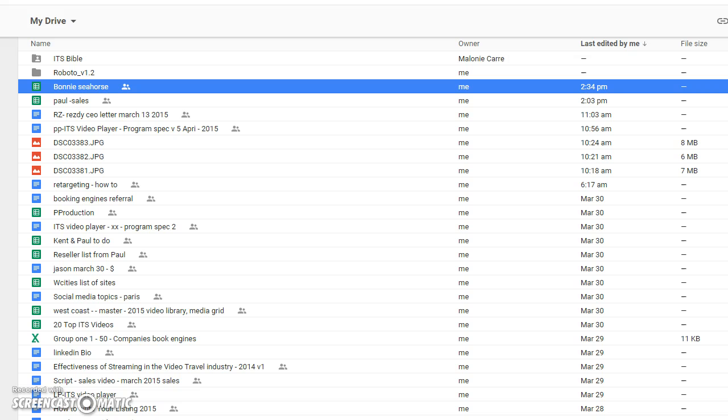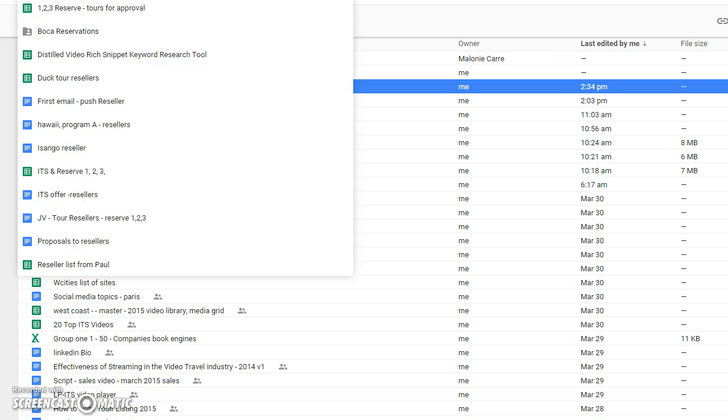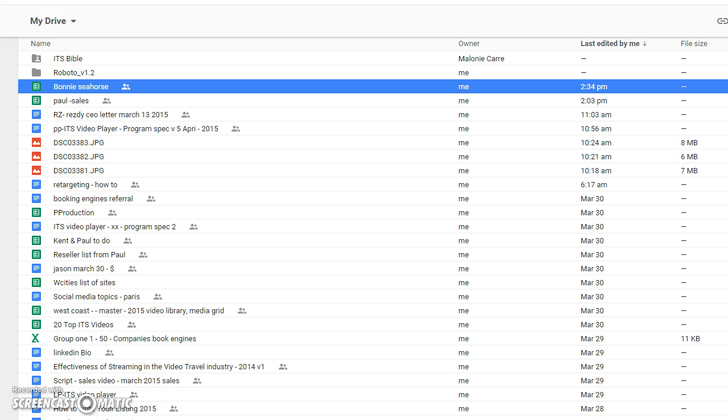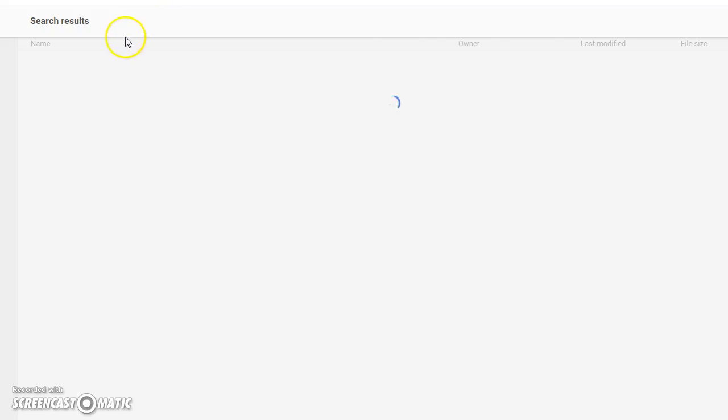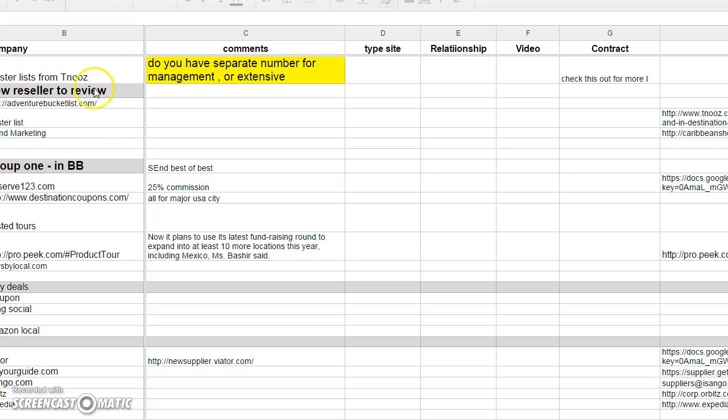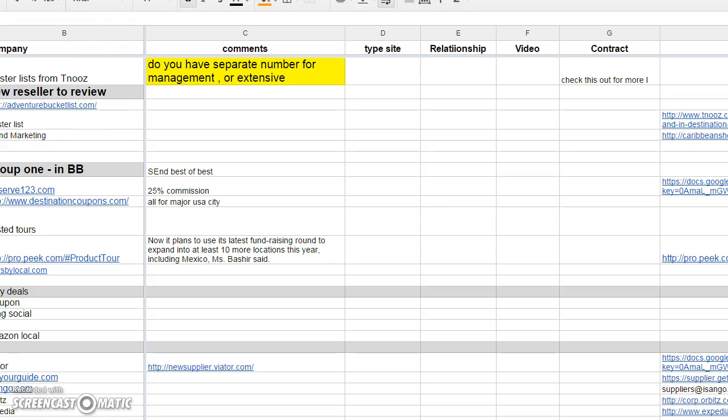And then, when you go to the Google Doc, here's the template, it's already set up. It's called resellers, and it's got a whole bunch of X's. And then you just take that and make a copy of it, and then you just put their name on it and send it to them, and there it is right there. And you just make a copy of that. And of course, you have to ask them who they're booked by now, because some of them are booked by